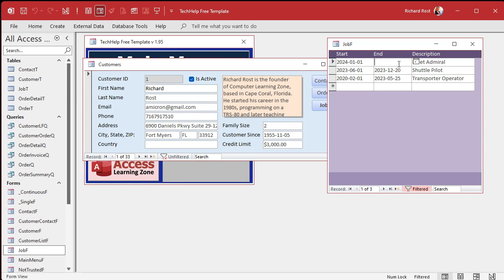So what's the algorithm? What are we going to think in our brains? How are we going to try and find that? Well, we're looking in the job table, obviously. End date has to be null, so we use is null for that. And we want the job in here with the largest start date, the most recent. With dates, the larger numbers are in the future. So we're going to use DMax to find the largest start date where the end date is null for this